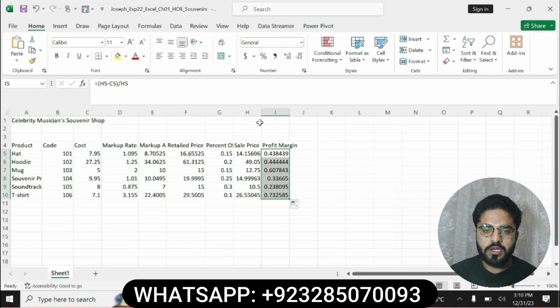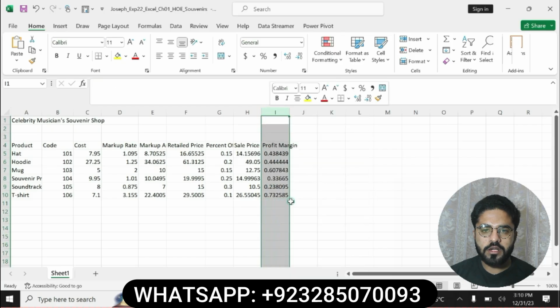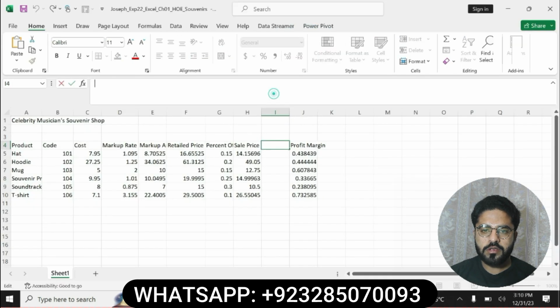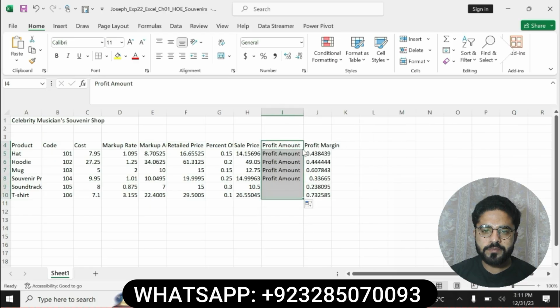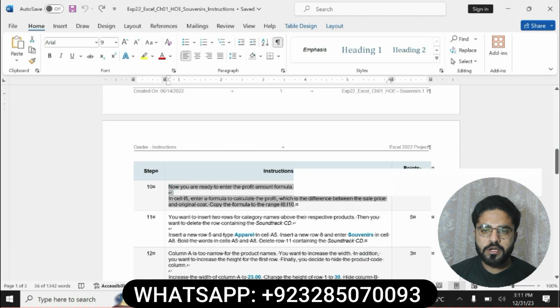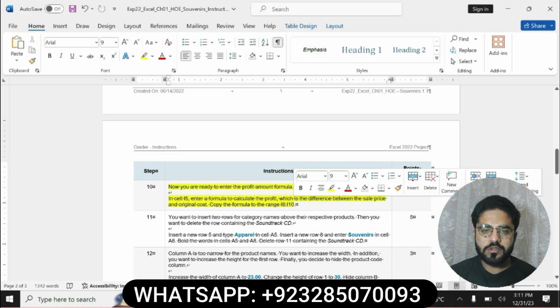Basically, in this question, you will have to insert a new column. Right click on this column I, and click the insert button. You will have to insert a new column and enter the name profit amount in I4. Question number 9 is completed now. Now move to the next question. Question number 10. Question number 10 is